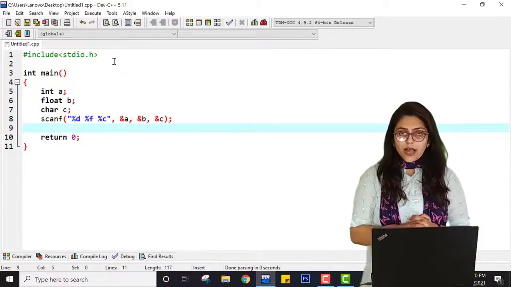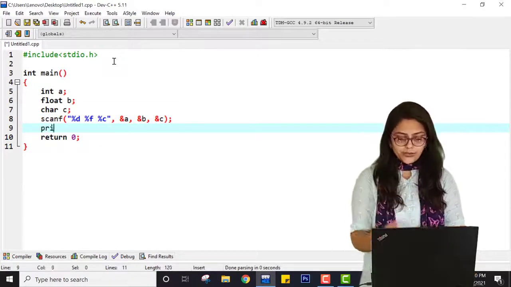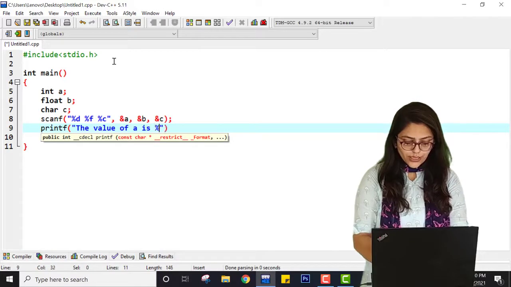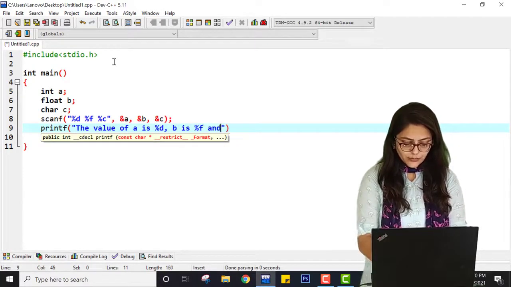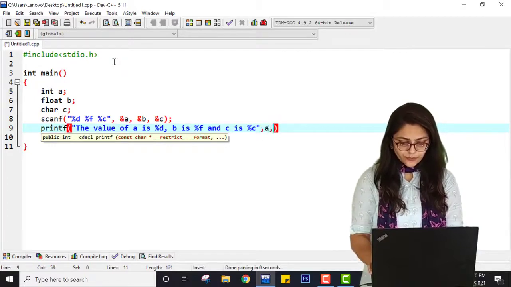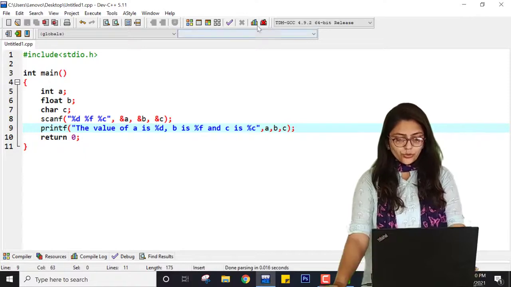Now after this I have to print it on screen so that you can see the output. That's why I am using the printf function. The value of a is %d, b is %f, and c is %c, and after that a, b and c. So you know what the output will be.